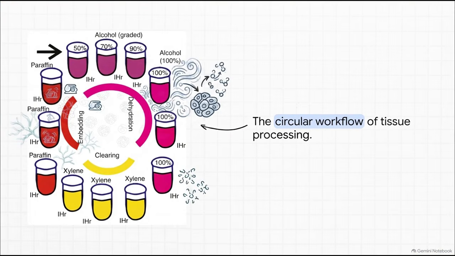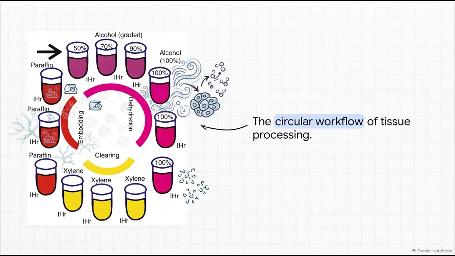This brilliant circular workflow shows the exact path our specimen takes. Notice how it moves through graded alcohol, starting at 50% all the way up to 100%, just to completely dehydrate it. Then it moves into clearing solvents, like Xylene. Often vacuum pressure is applied right here to ensure the final component, which is molten paraffin wax, can fully infiltrate